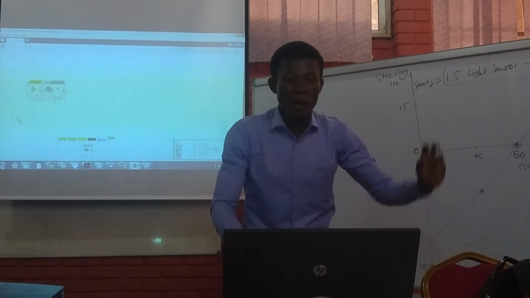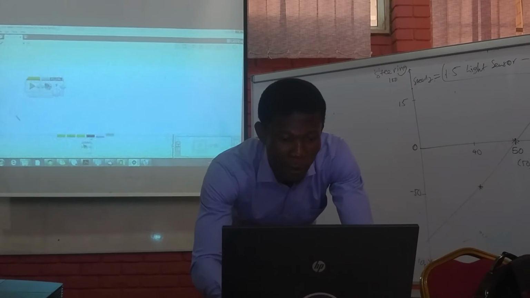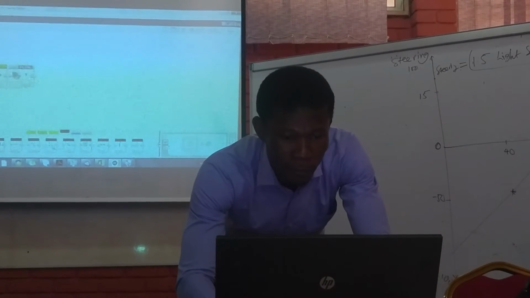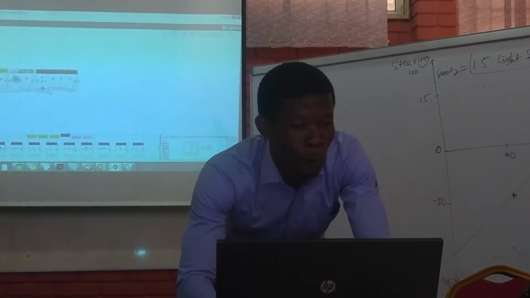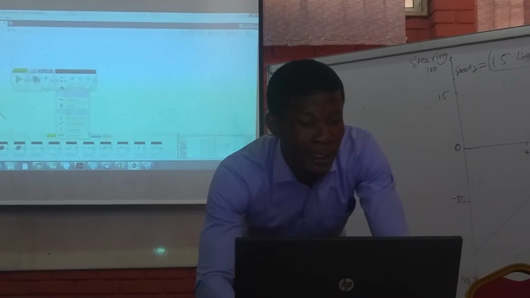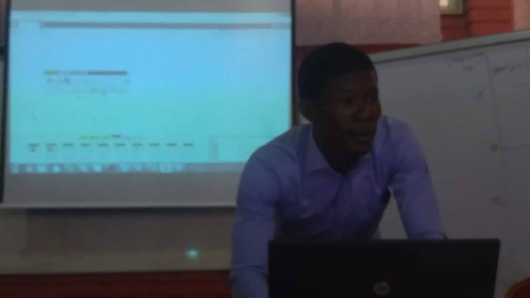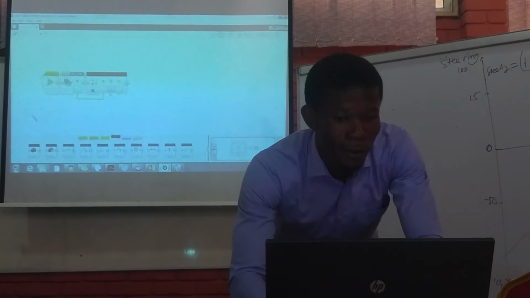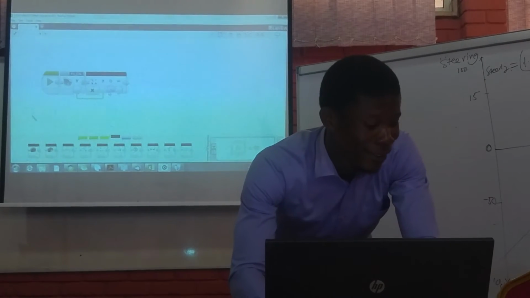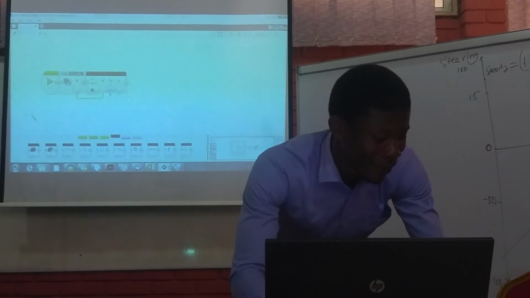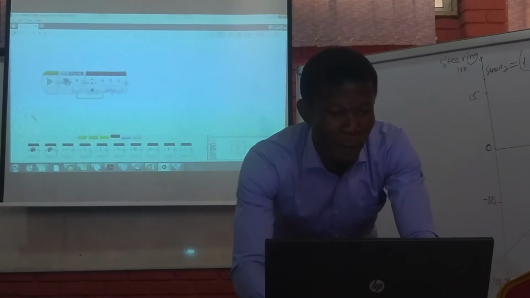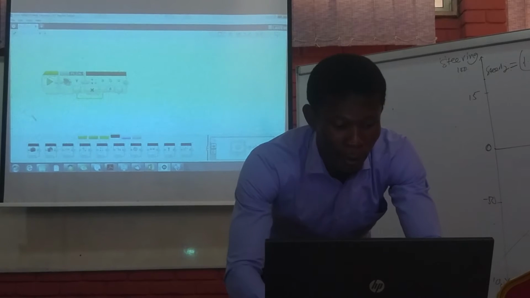We want to multiply by 1.5, so we need a math block to do what? Multiplication. So we say the light sensor reading, so 1.5 goes here,